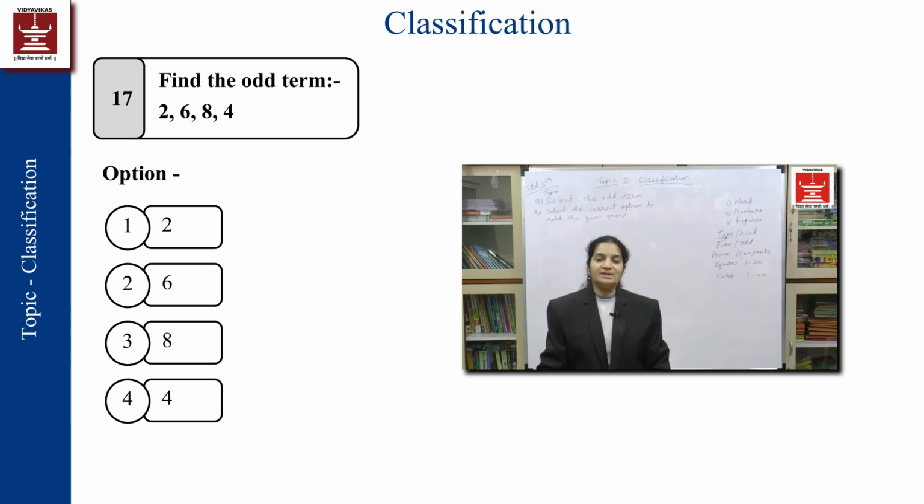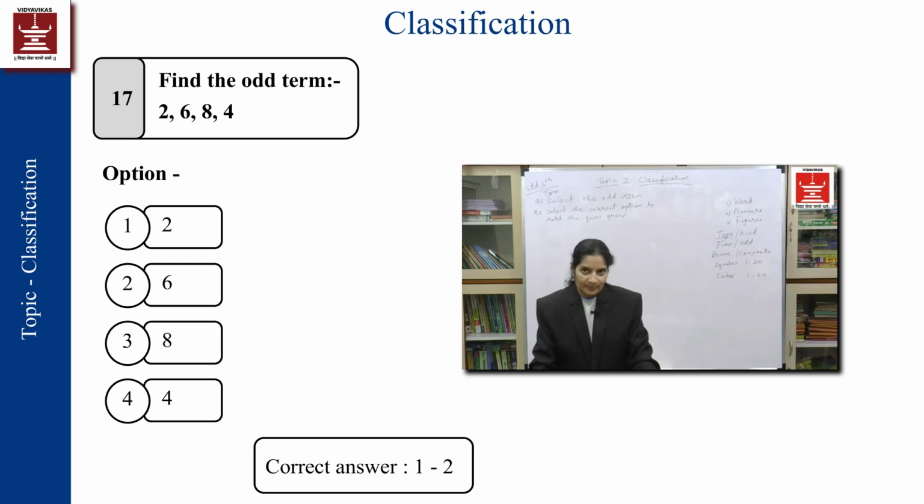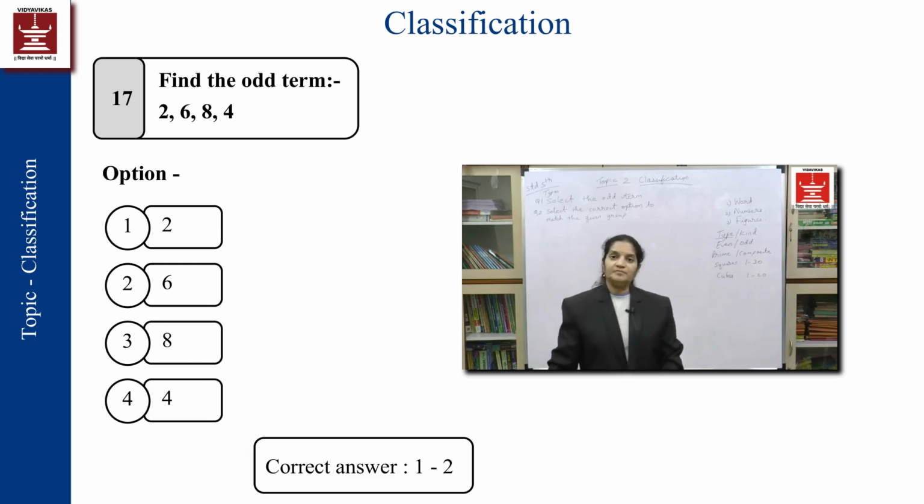The criteria is 6, 8 and 4 are composite numbers, whereas 2 is a prime number. Even if it is an even number, the other thing that it possesses is being prime. So your criteria doesn't mean that 2 is prime, so it is odd. Your criteria is because 6, 8 and 4 are composite and 2 is not a composite number, it is going to be odd.